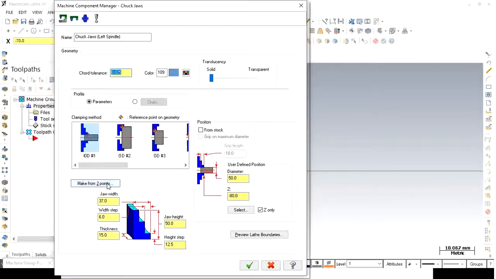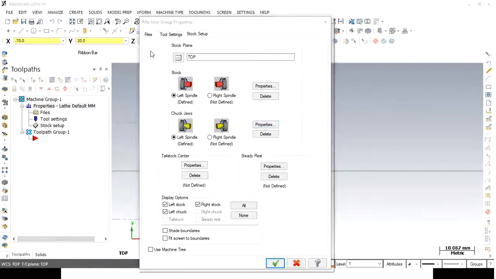You can make it from 2 points or you can click on the position from stock. Now I am going to click from stock and whatever left margin I have applied, the same length I am going to give here. So it will be the clamping length of that workpiece. So I am going to give it as 10 mm. Then again click on OK.